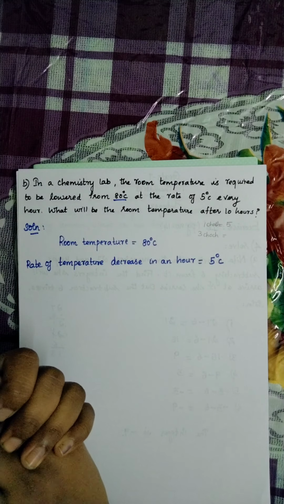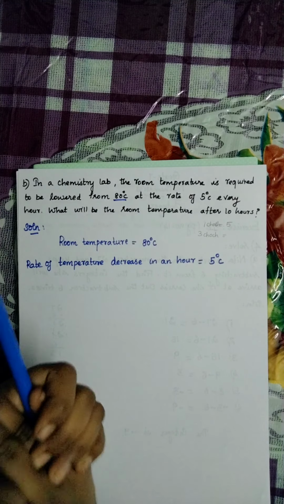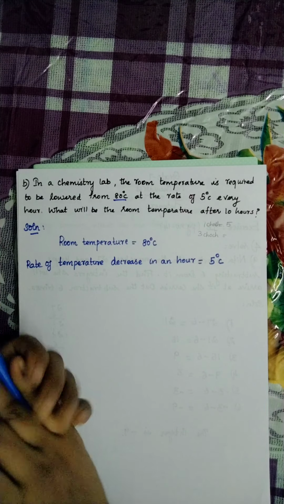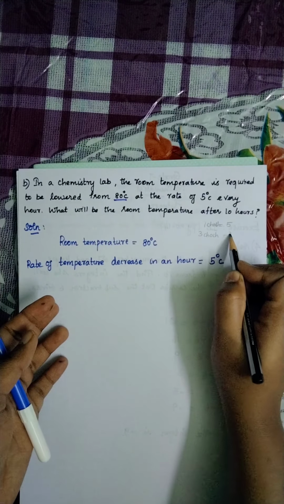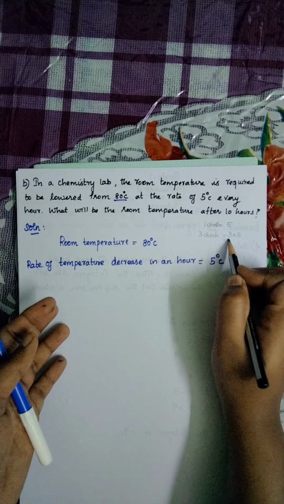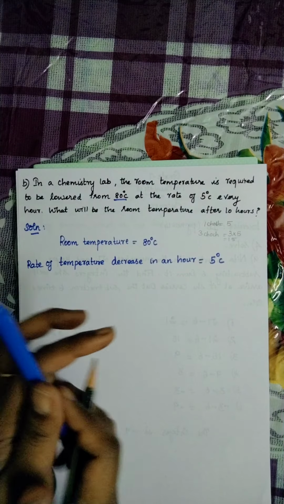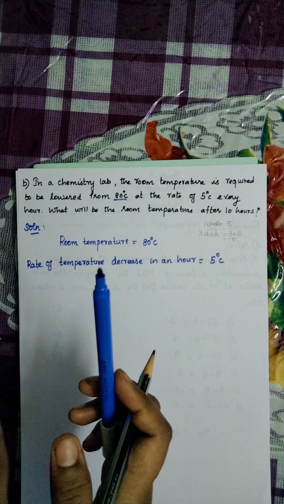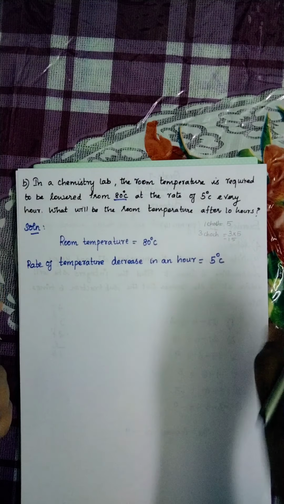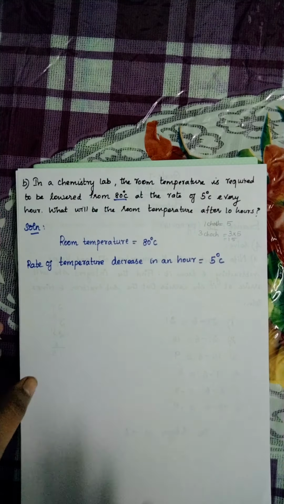What will you do? One chocolate is 5 rupees, right? Then what is the rate of 3 chocolates? That is 3 into 5, that is 15 rupees. So the rate of one chocolate is 5 rupees, and the rate of 3 chocolates is 3 into 5, that is 15. Same way we are going to follow.